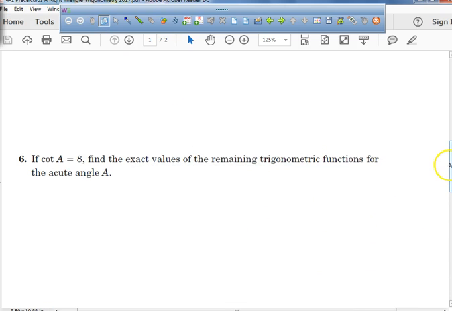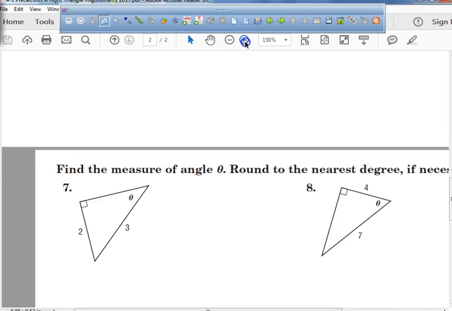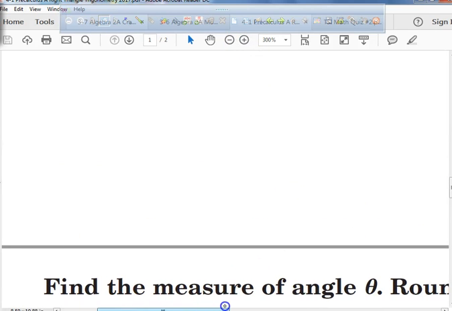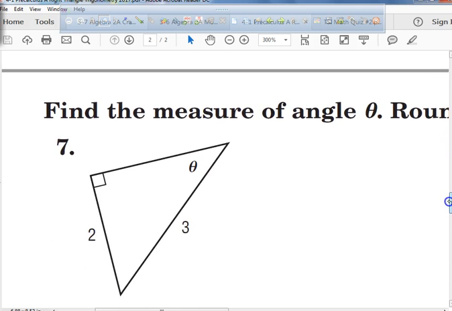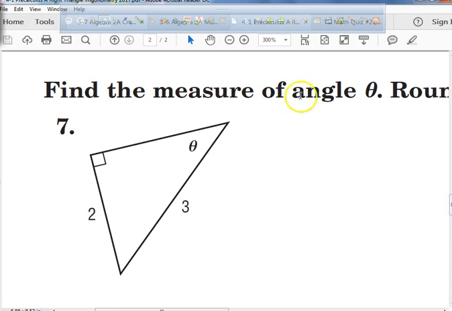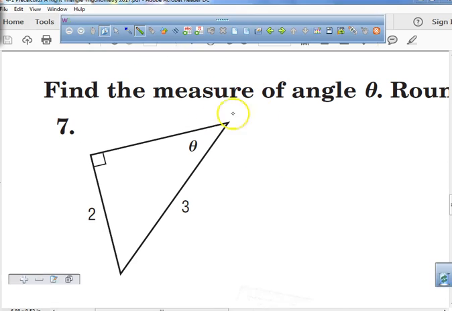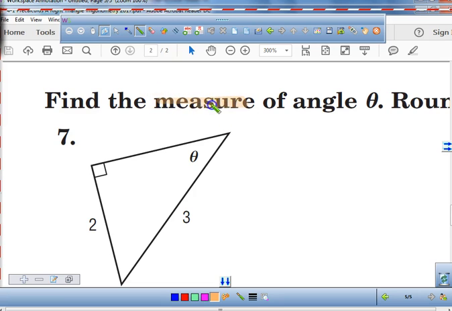We're going to go to problem number 7 and zoom in. So right now, in your journal, I'd like you guys to write, find the measure of angle theta. Jot that down in your journal because this is the section on how to find the measure of an angle. We're going to be finding the measure of angle theta, which is this angle right in here. And we're just going to round our answer to the nearest whole degree, because that's what it asks us to do. So right now, jot this down,